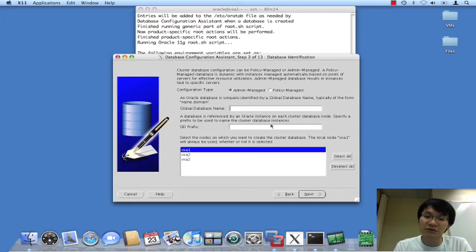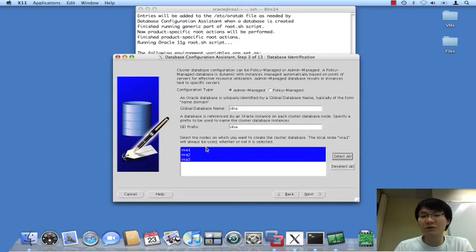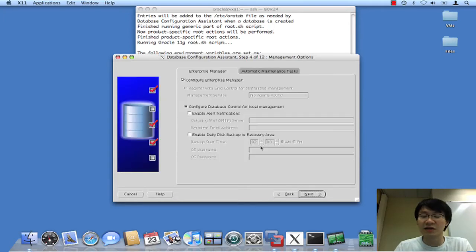We'll give it a name. Actually, I'm going to name it DBA, as in database A. And we want to create instances on all 3 nodes, VXA 1, 2, and 3. Notice the SID prefix was filled in for me automatically as DBA. We will have instances of DBA 1, DBA 2, and DBA 3 on the nodes VXA 1, 2, and 3